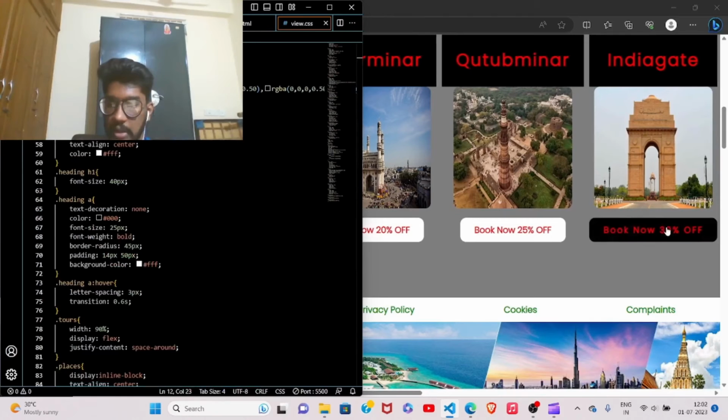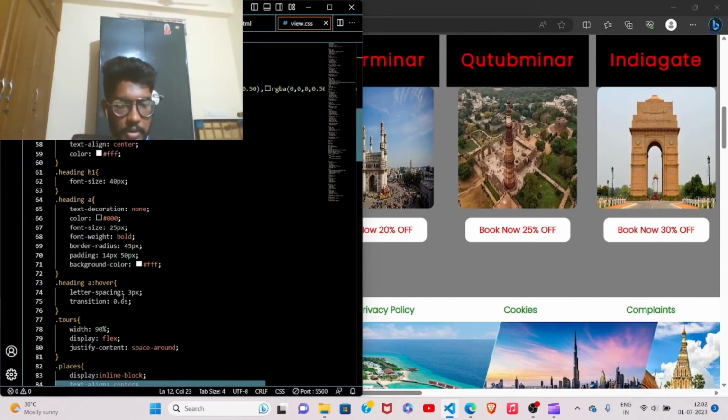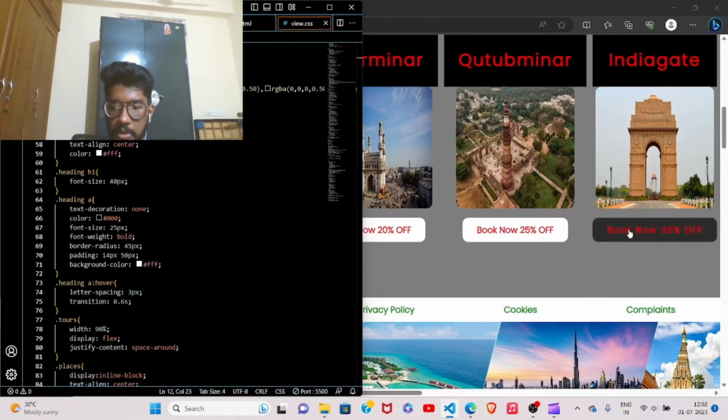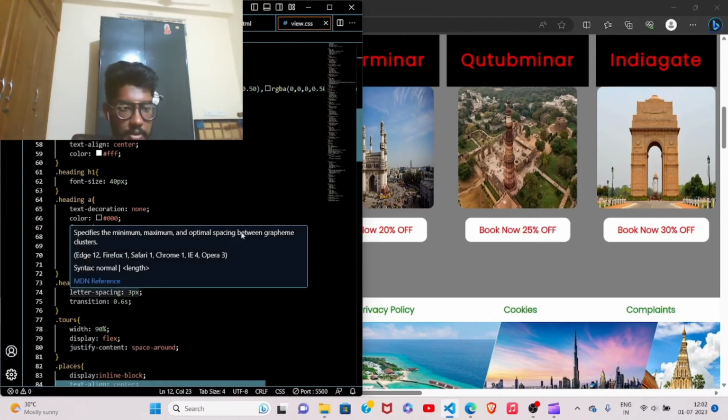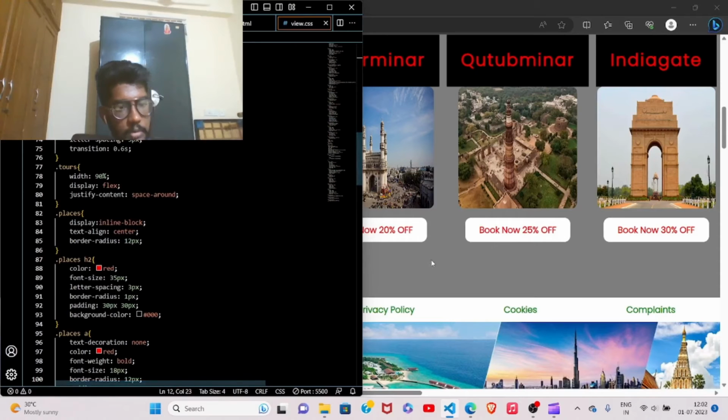You can see that it is expanding. Once you hover it, the letter spacing increases to 3 pixels. The meaning of that is it expands by 3 pixels. Yes. Next,